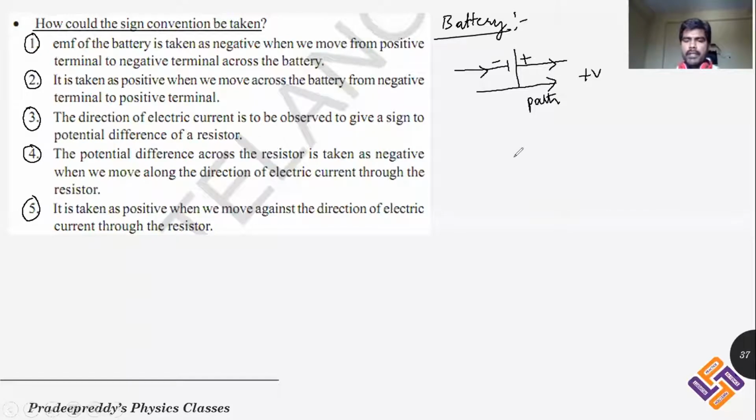In the same way, you can take a path such that you are going from the positive to the negative terminal of the battery. You are traveling from the positive terminal to the negative terminal. In the path of the current, if you come across the terminals in such a way that from positive you enter into negative, you need to take it as minus V. It means that there is some negative voltage added over there, because the battery is connected in the reverse direction. This is for batteries. And the next is for resistors.